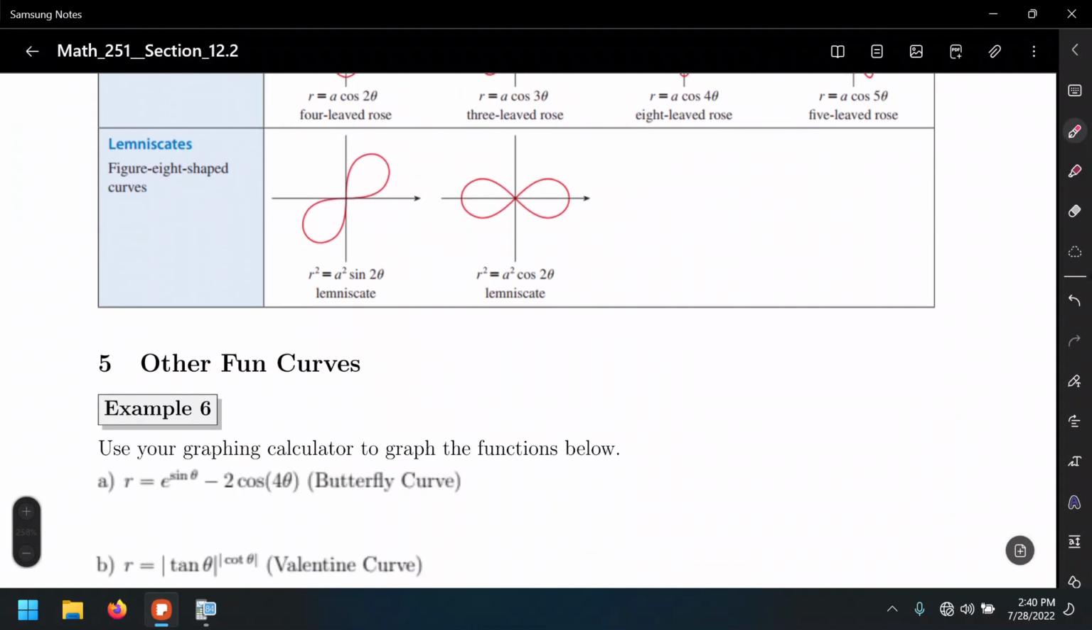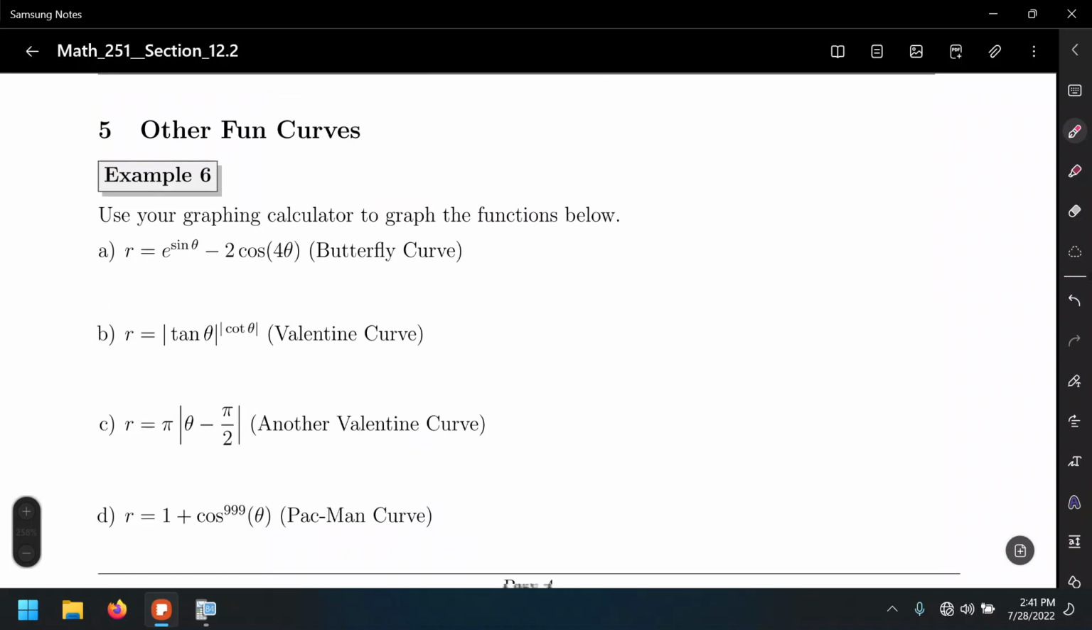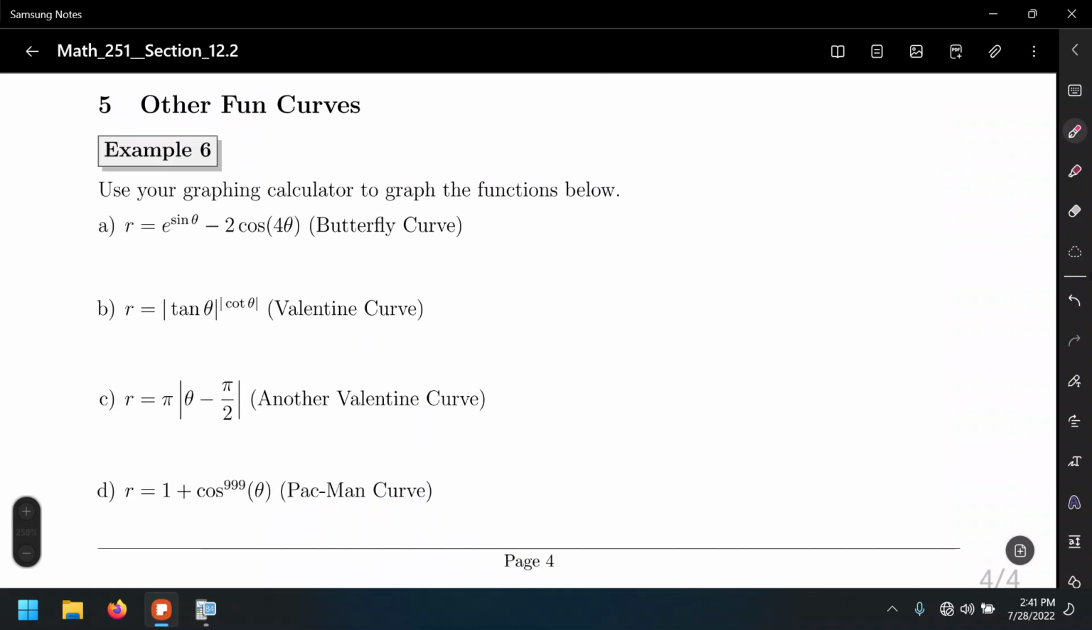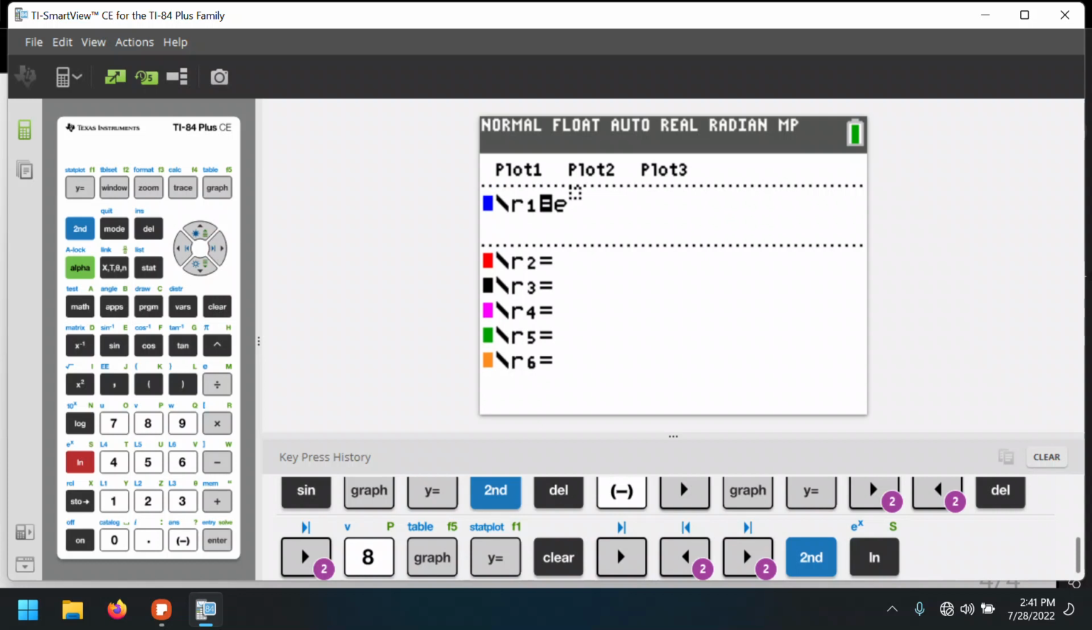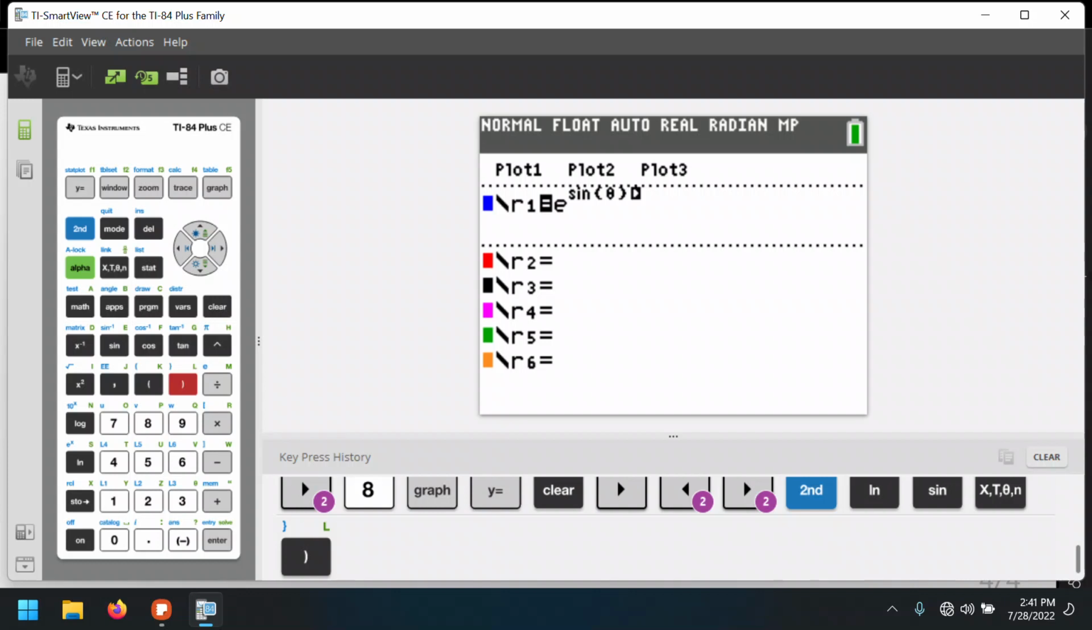Now, of course, there are other fun curves. There's the cardioid that you saw there, it sort of looks like a heart, but it's not quite a heart. Let's look at this one, a butterfly curve. Let's type the equation of a butterfly. It's e to the sine theta minus 2 cosine 4 theta